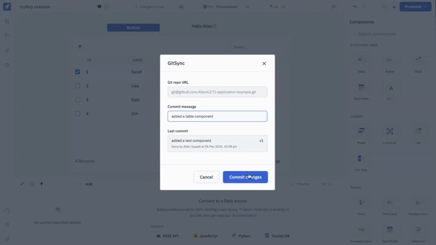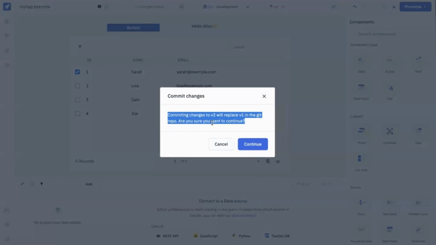right? I'm going to commit the change right now, and it will show a warning that every time you commit something in a newer version, the V2 has to be replaced instead of the V1. So we are going to replace the V1 with our V2 version, and the changes will be committed like that. So once you click on continue,